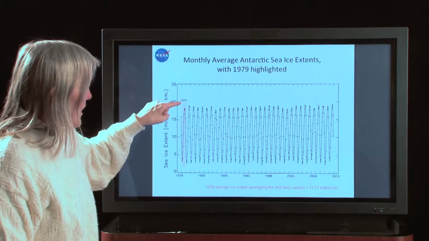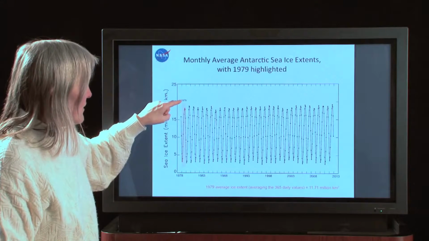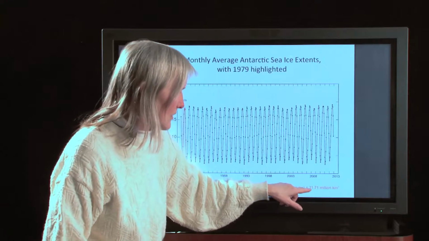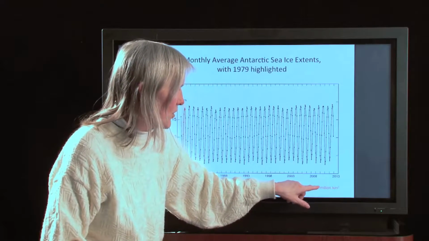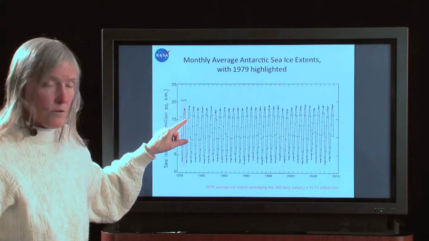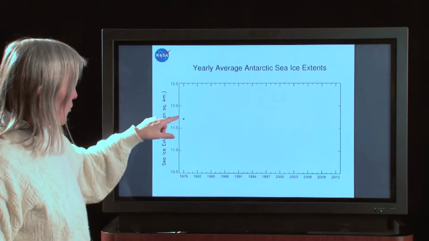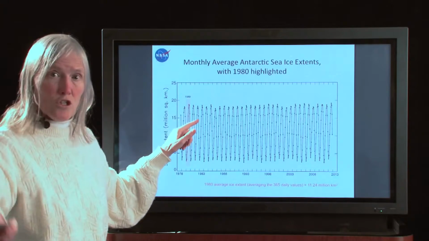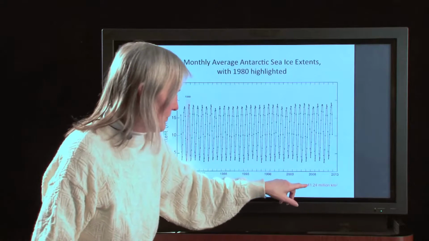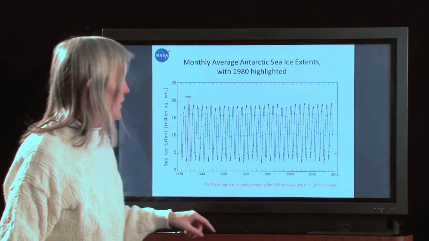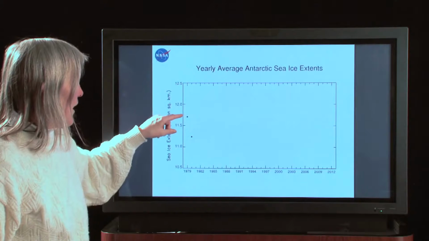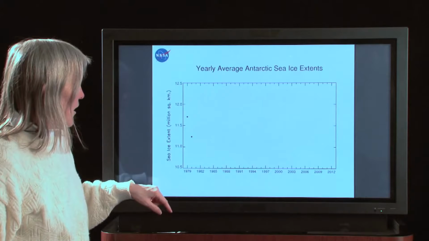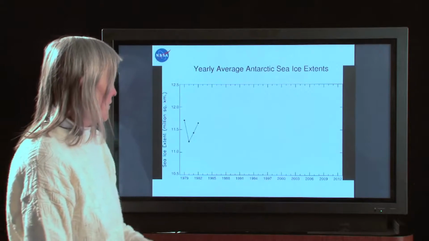So we take the values for 1979, we average them, again using the daily values to get the average, and we get 11.71 million square kilometers for that first year. So we plot that point, 11.71 right there. Then we move on to the next year, 1980, and this time we get 11.24,